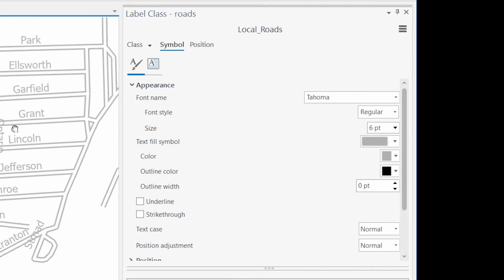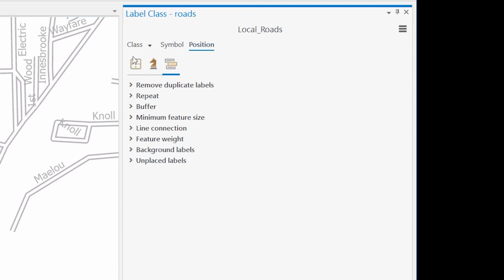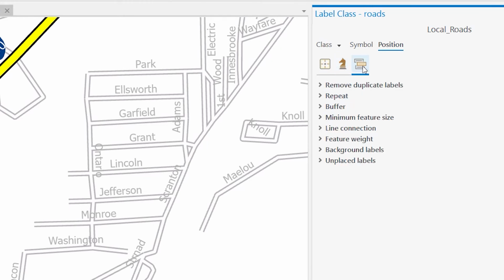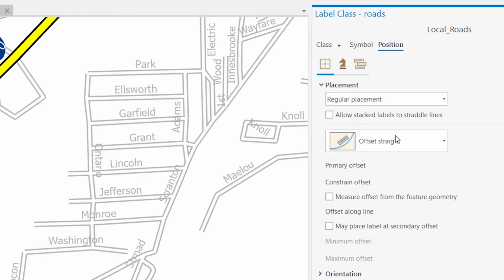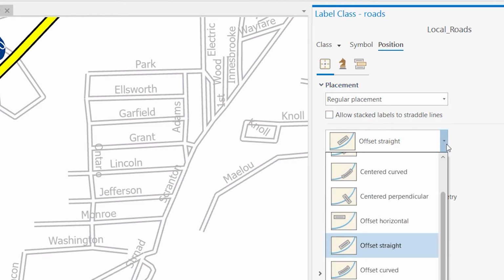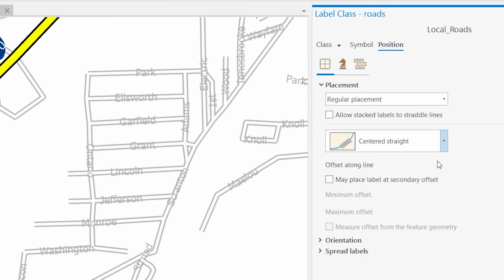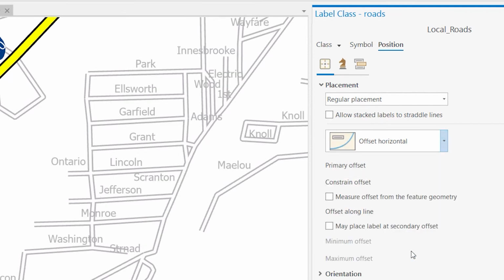And another thing you might consider is changing how they are positioned on the street itself. And that's again where some of these tools come in really handy, where, for line features, they have some interesting things. I encourage you to play around with these. You can see how this puts them right on the line, offset horizontal. And again, it's up to you to determine how you use these things, but just keep these positions